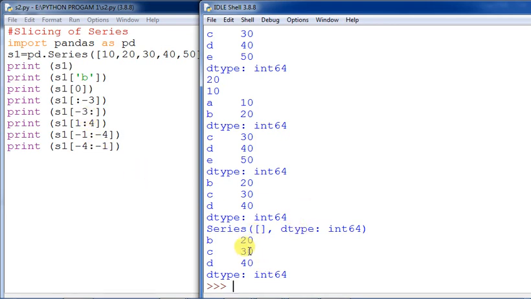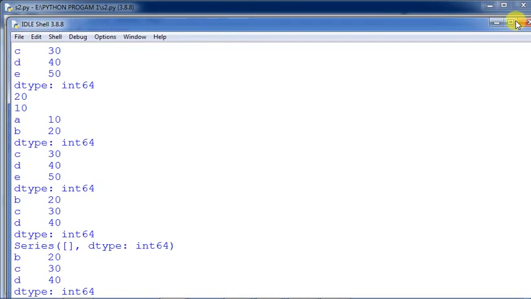So you can see out here, you are starting like this, -4 to -1. So -4 is this one, then -3, -2. -1 will not be included. That's why it always stops at 1 less. So in this way, different types of outputs are possible with the series when you are trying this out.